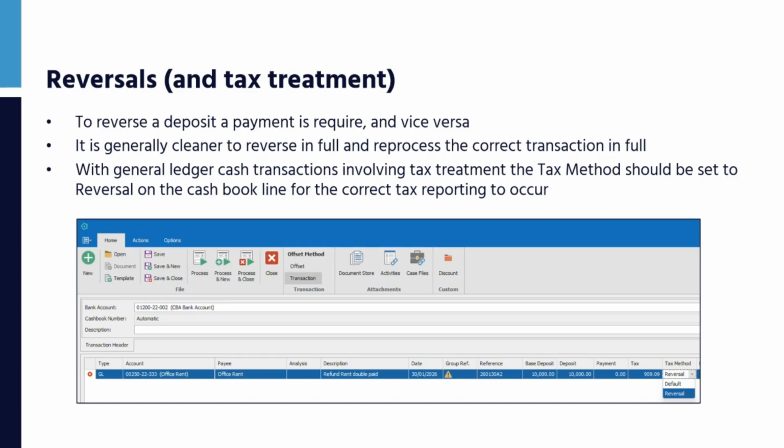So it is preferable. Most accountants will tell you that if you need to fix something up, reverse it in full and reprocess it in full the correct way, rather than posting the difference between what ought to have been posted and what was posted. And if you are posting general ledger transactions that have tax associated with them, to get